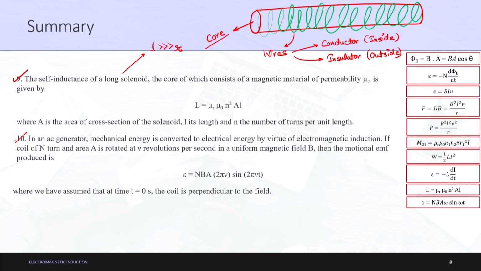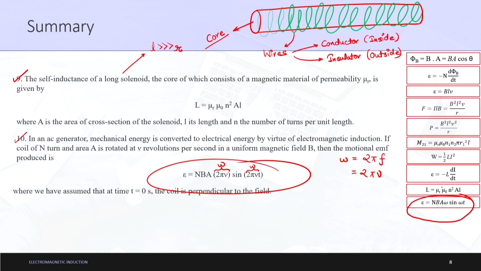Next, if a coil of N turns and area A is rotated at nu revolutions per second, so nu is the frequency here, in a uniform magnetic field B, then the motional EMF produced is epsilon is equal to NBA omega sin omega t. We also know that omega is nothing but 2 pi f. Here we are denoting f as nu, so it is 2 pi nu. This formula is also given to you towards the right,